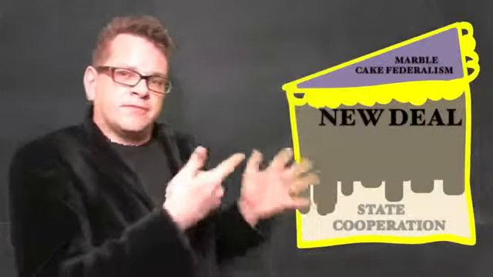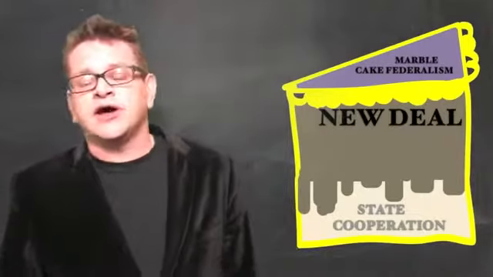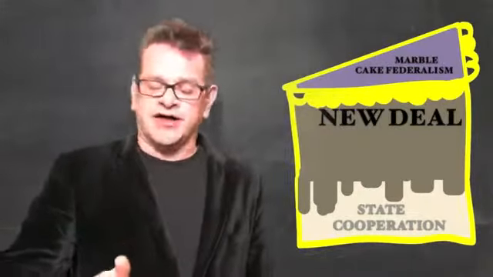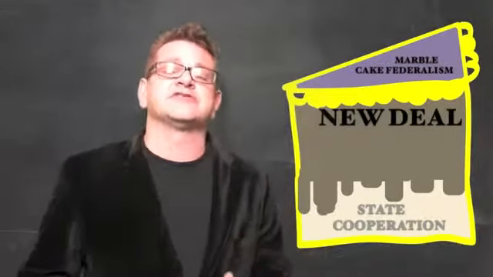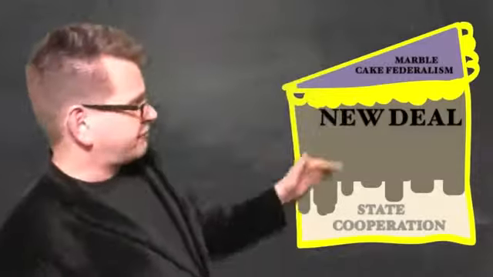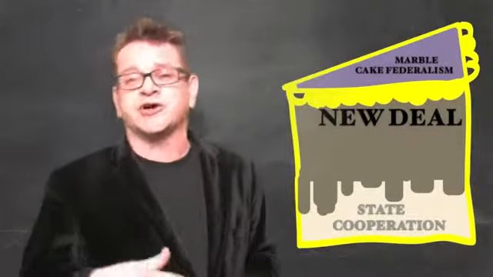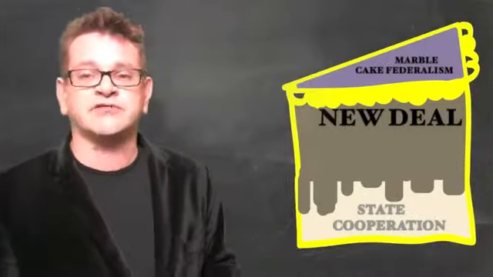Dessert. Bam, marble cake federalism. How tasty does that sound? Layer cake federalism changes with the election of FDR in 1932 and the New Deal. Sometimes this is called cooperative federalism because the state and the Fed are working together in a collaborative effort to deal with the Great Depressionary problems that occurred after the stock market crash of 1929 and the onset of the